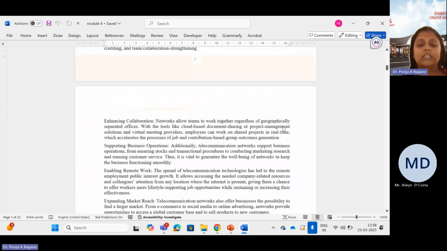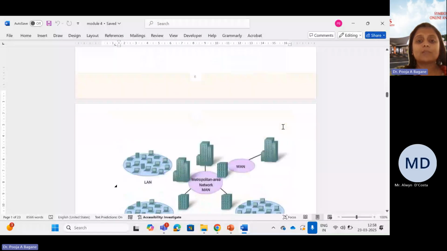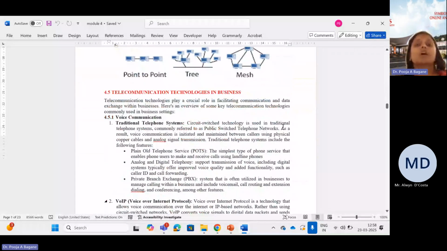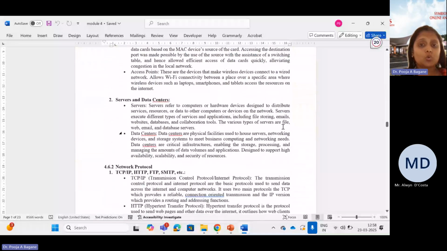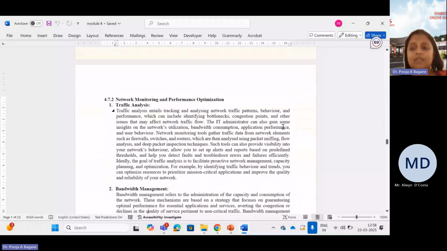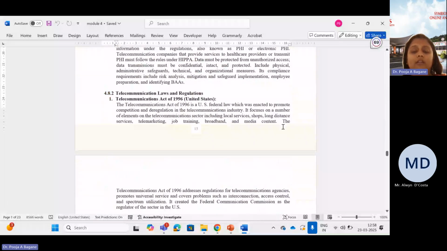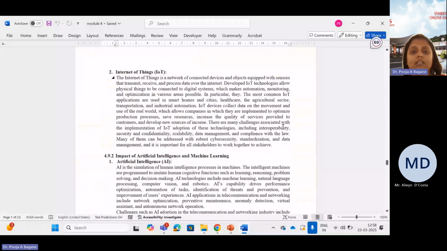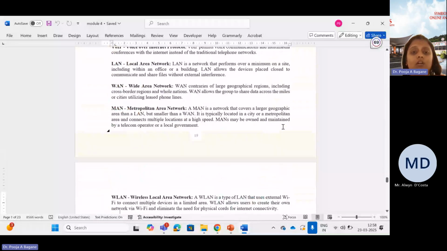In this SLM, we have given some key terminologies as well as short questions and long questions. So you need to go through the same, and there are also some MCQ type questions. That will be useful for your internal assessment as well as the ESC. So please go through these.